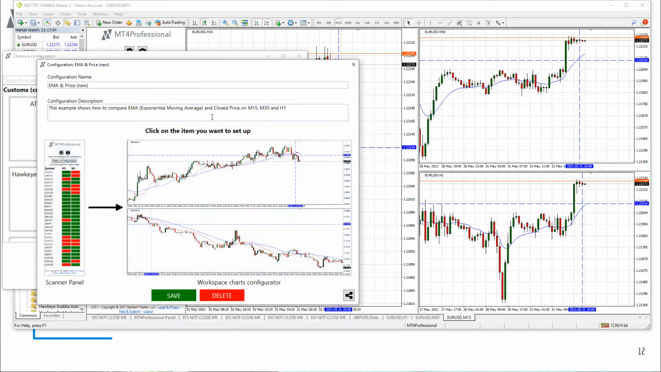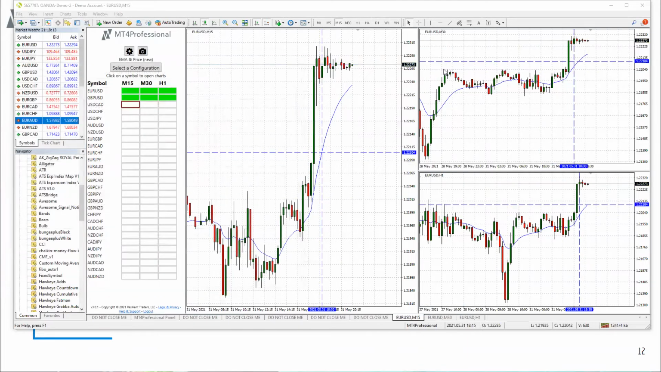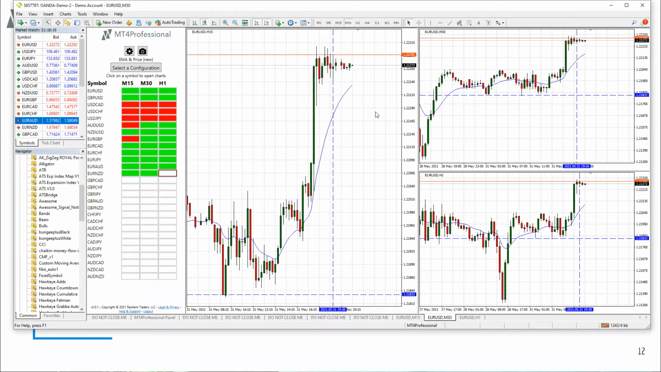Make sure you give it a good description of what exactly this scanner or configuration does, and give the configuration a name so you'll know what it is that you're trying to find. Once you're done, click the Save button. And then once you're done with that, always reload your configuration so that it always comes right back into the same setup. Now notice that MT4Professional is not just a scanner,